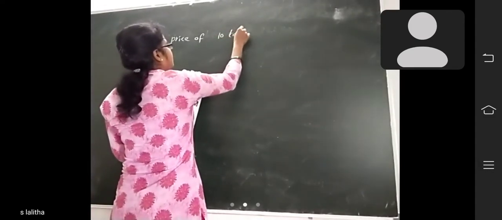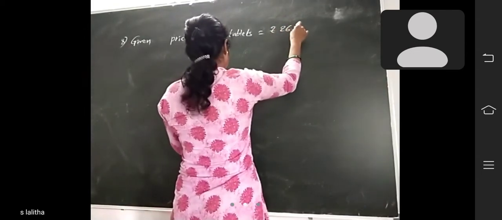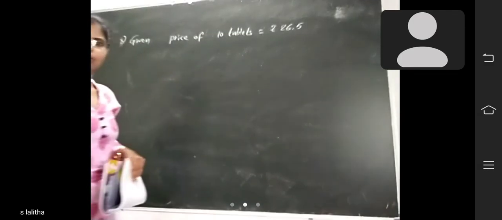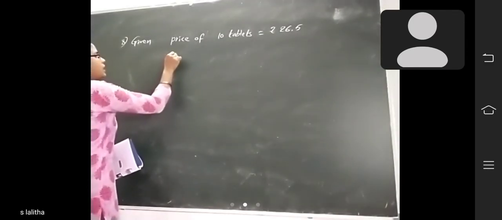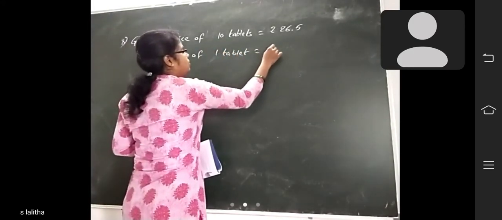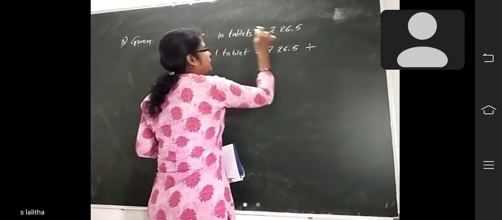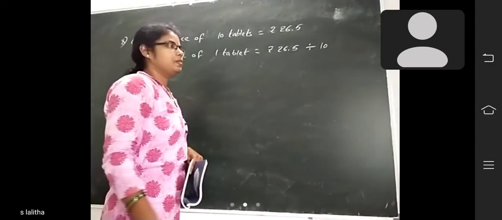So what is given here? Given: price of 10 tablets equal to rupees 26.5 paisa. Now you have to find the cost of one tablet. That means price of one tablet equal to rupees 26 rupees 5 paisa divided by how many tablets? 10 tablets. Okay. So now